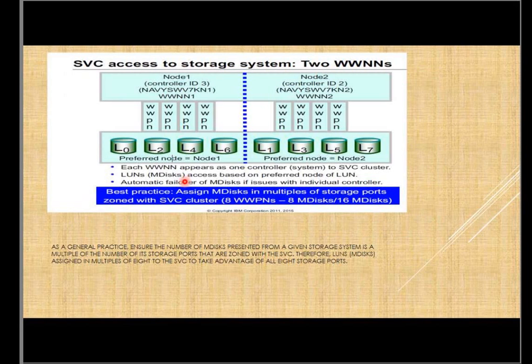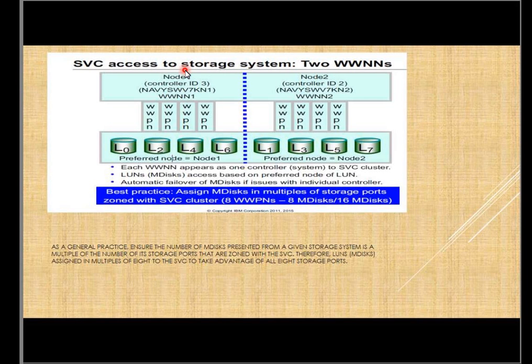Okay. So now let us discuss how a node takes care of different MDisks that are assigned from the external storage subsystem. Basically, there is a concept called preferred node. Okay. So these are two nodes that you can see, and these are different volumes here. Whenever we are creating a volume, by default there will be a preferred node. Basically, the preferred node is the one from which all the I/O activity happens on that specific volume. That node is called the preferred node. Okay, and the combination of two nodes is called an I/O group.